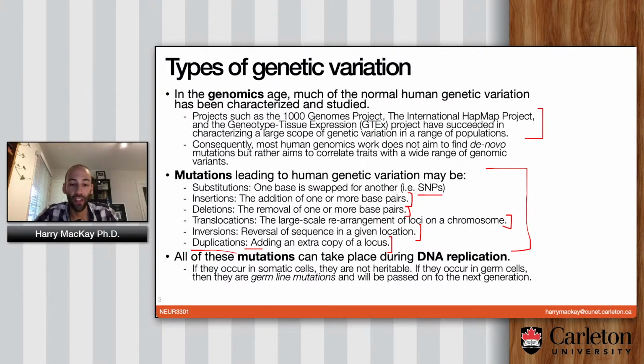So all of these mutations tend to take place during DNA replication. Not actually, I should say, this isn't universally true. Transposons and whatnot can go to work in interphase. So there are definitely changes that happen to the DNA that don't take place strictly during replication, but this is when a lot of it goes on. And of course, if they occur in somatic cells, they're not heritable because if you have a mutation in a neuron, that's not going to get passed on to your offspring. But if they happen in germ cells, they are called germline mutations, and they will be passed on.